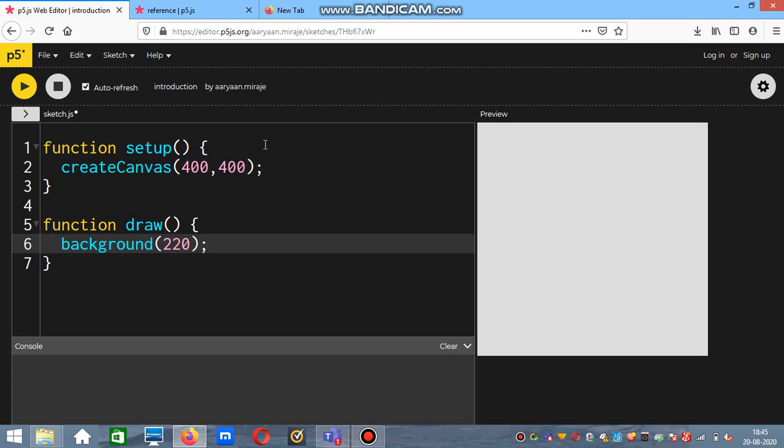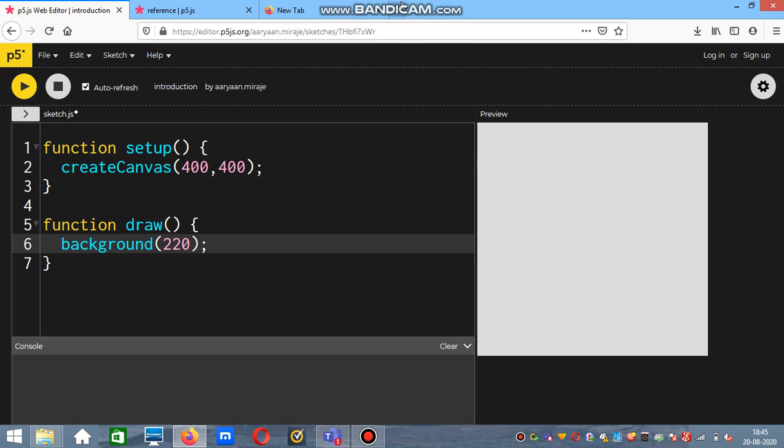So first of all, we are going to do coding in a web editor, or we can say a format through which we are going to do coding, called the p5.js web editor, guys.